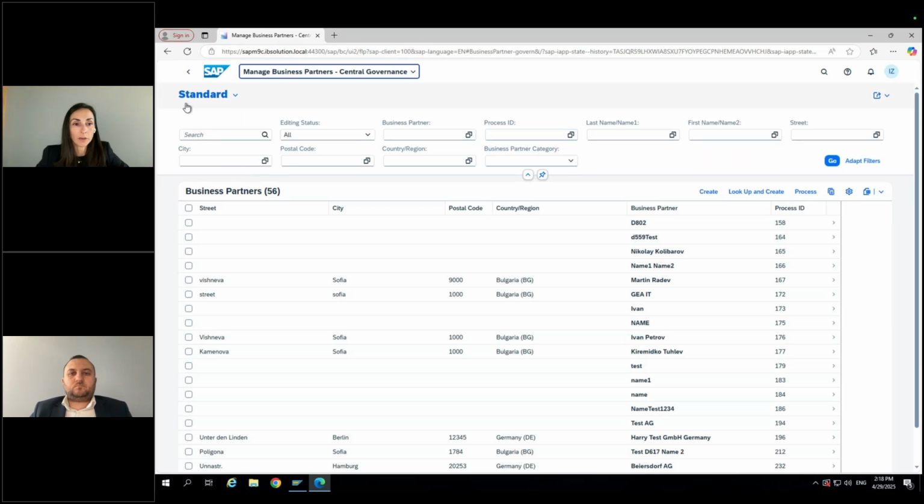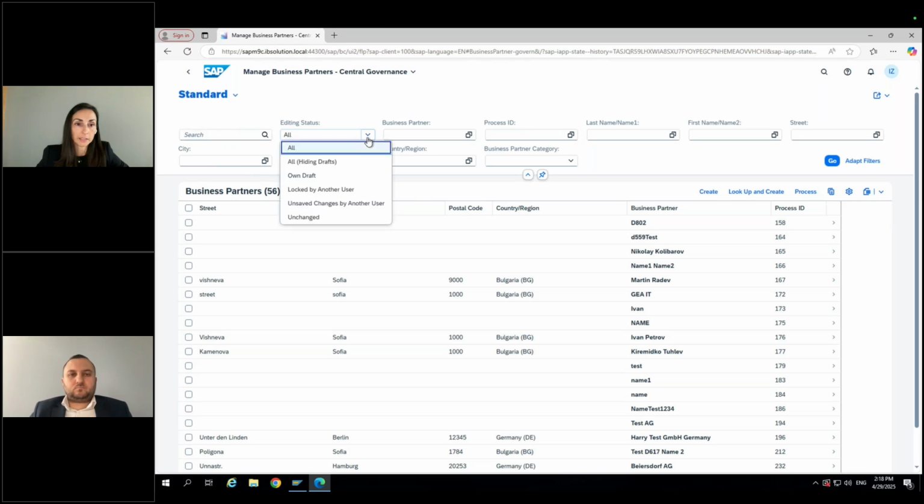And from here, we can already see the new option for searching. So we can do some free text typing here. We can use different statuses to search for business partners, directly the business partner ID, our process ID if we know it, and of course the standard name or name two, and some of the address data.